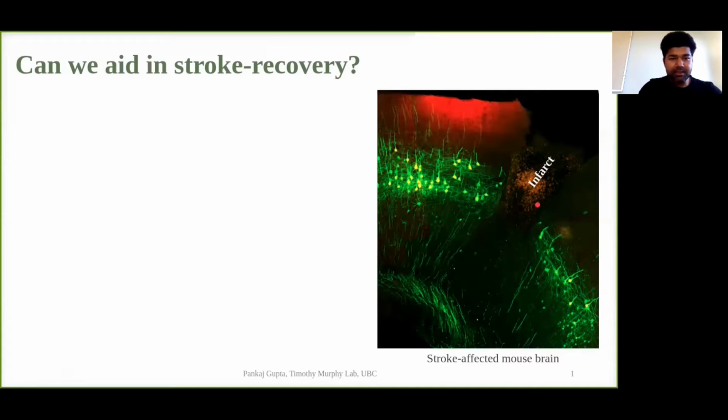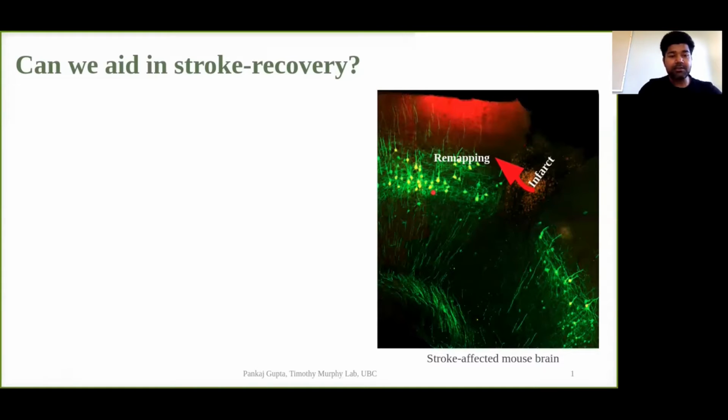Stroke is a brain disease that causes neuronal and functional loss. You can see the damaged portion of the brain in this image where it says infarct. Largely, over time, some sort of recovery or compensation from the loss of function is seen. The extent of functional recovery is thought to depend on the ability of nearby brain regions taking over the functionality